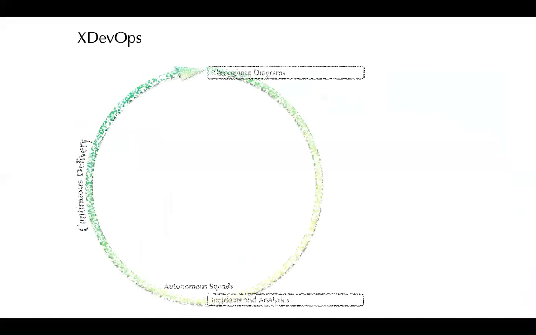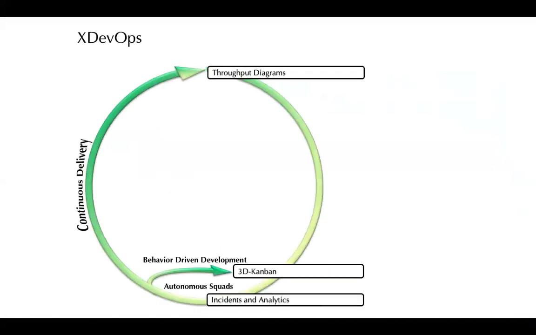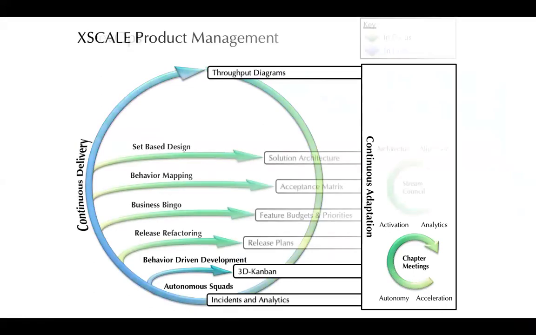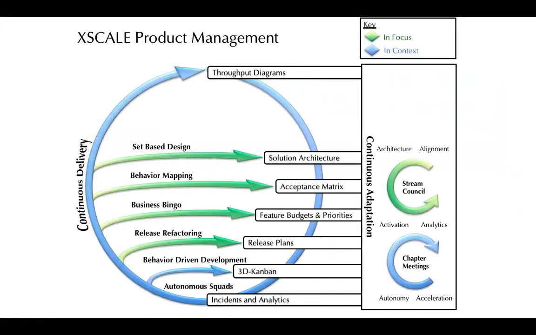In terms of where this stuff lives, I'll rattle through this. We looked at this last week. DevOps is really our continuous delivery loop plus the basic retros and chapter meetings we need to keep many autonomous squads aligned to a 3D Kanban. What we're talking about today are another bunch of loops on top of this that are all around the stuff on the other side of that yellow curve we looked at before, and working in conjunction with people who are represented out of the feature delivery chapters in a thing we call a stream council.